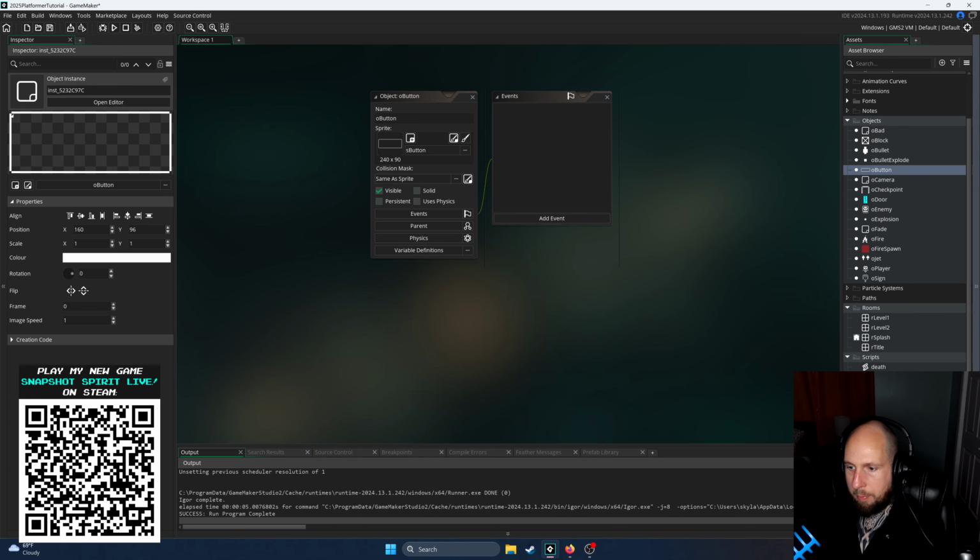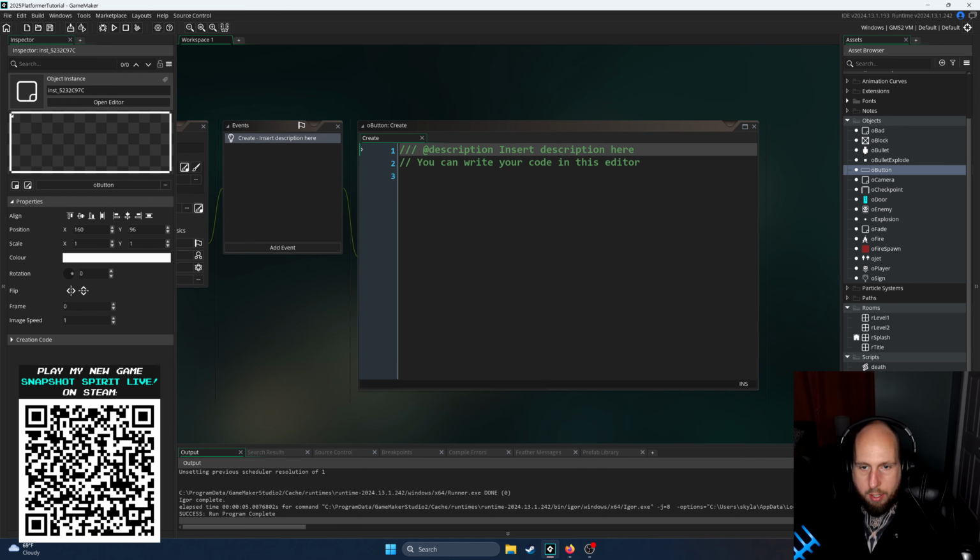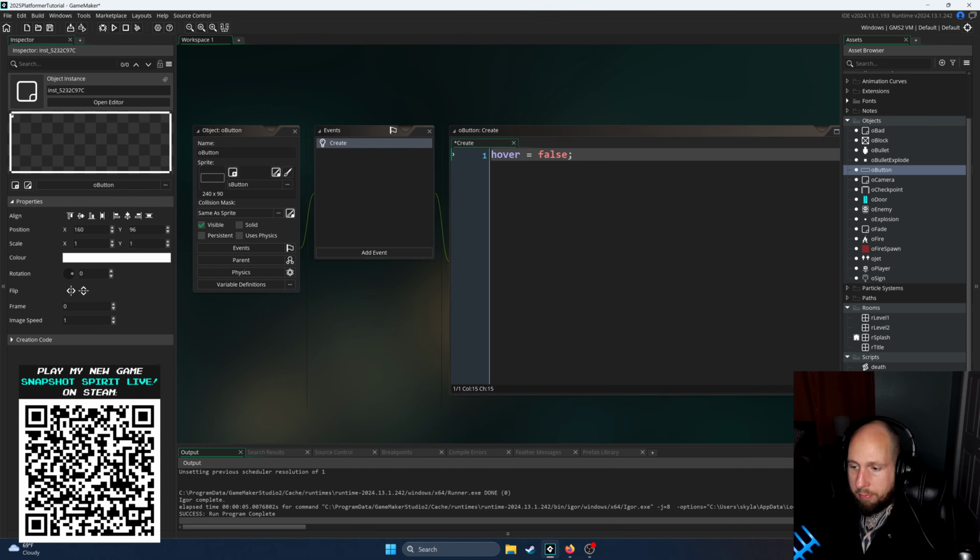Now back to the O button object in the create event. Write hover equals false. It's going to be a new variable. This Boolean will be either true or false, and it's going to tell the game when our mouse is hovering over the button and when it's not. So let's open up a step event